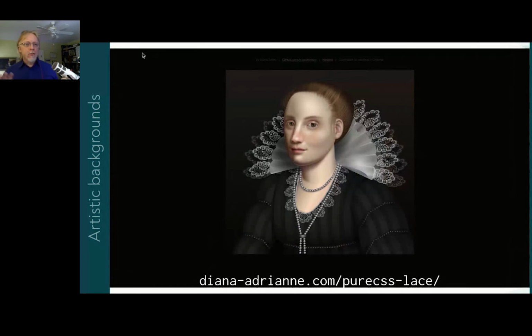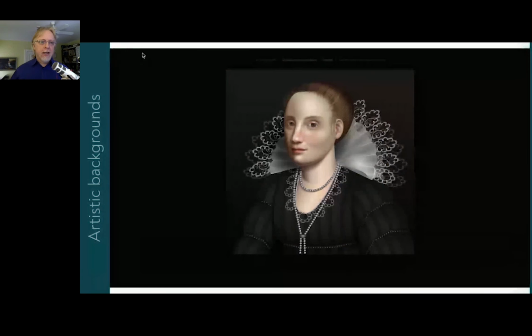Okay, so these use both linear and conic gradients. I didn't get into conic gradients today because there's only so much time. But I strongly recommend going to the site, diving into the CSS via your browser's web inspector, just to see how these various bits are done. Let me back it up again. It's so cool. Like click, click, and then take out one of them, and then take out the other, right?